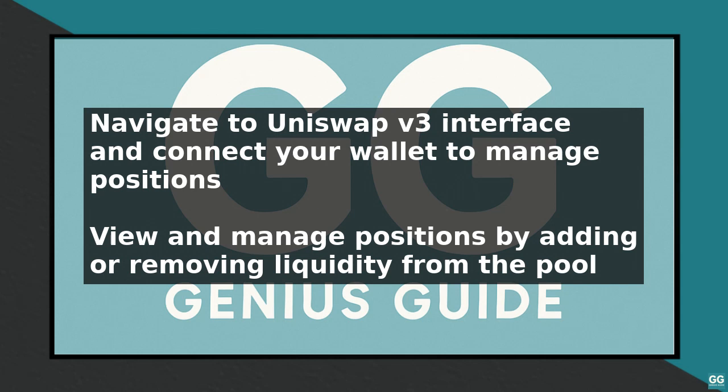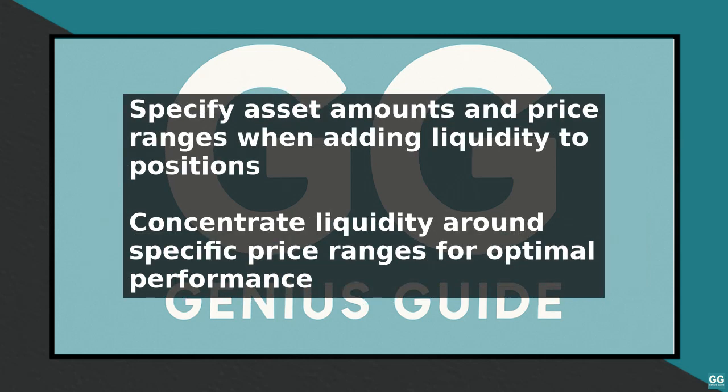When adding liquidity, you need to specify the amount of each asset you want to deposit and the price range you are willing to provide liquidity for. The price range is a unique feature of Uniswap v3 that allows liquidity providers to concentrate their liquidity around a specific price range. To remove liquidity, you can click on the Remove tab and specify the percentage of liquidity you